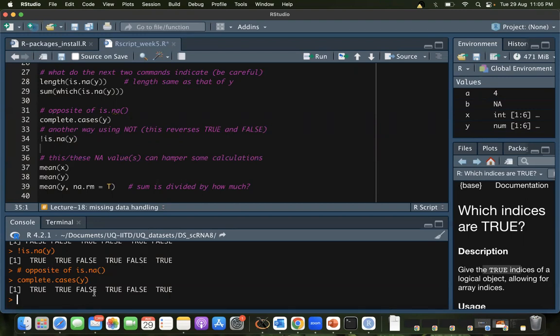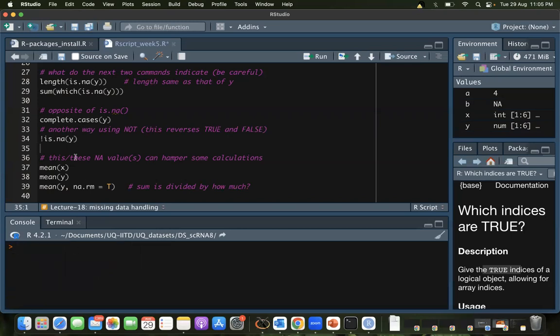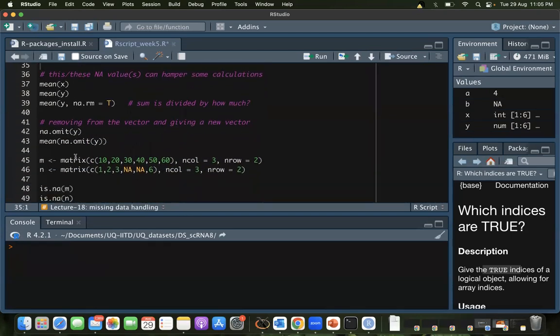Okay, so that's fine. So you can find the indices of NAs. You can find how many NAs are there. And you can also do the same thing for the opposite ones. If you are interested in how many of them are not NAs, which positions the NAs are not at, which of these have full numbers or characters at them, you can make a combination of one or more of these functions. Okay, so that's good. Now let's come to the next bit.